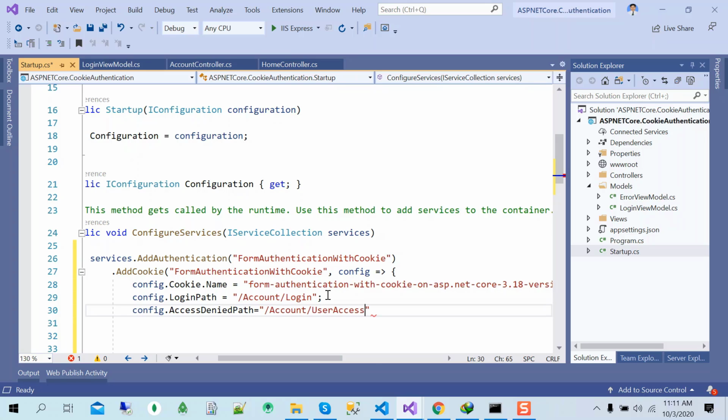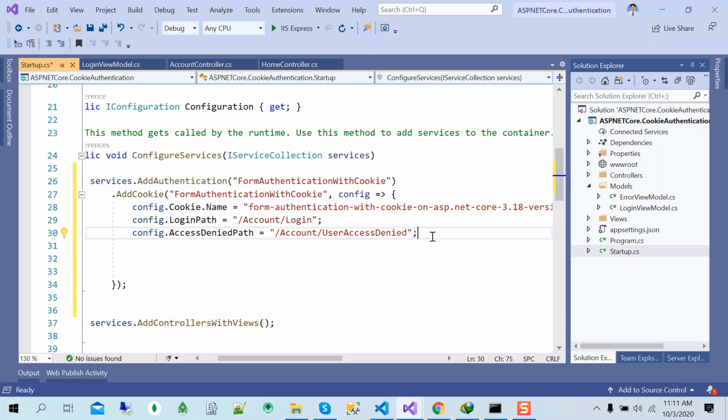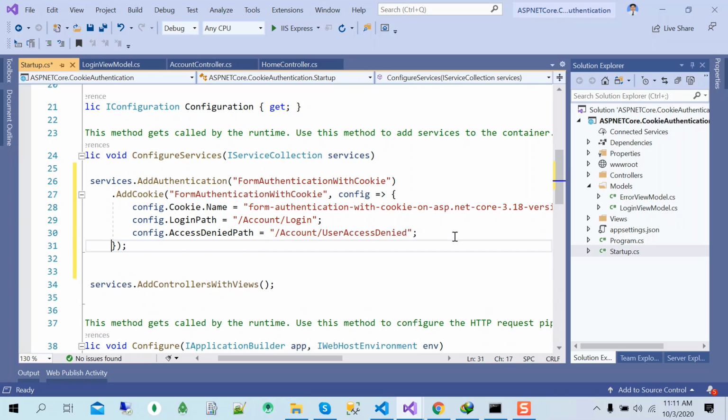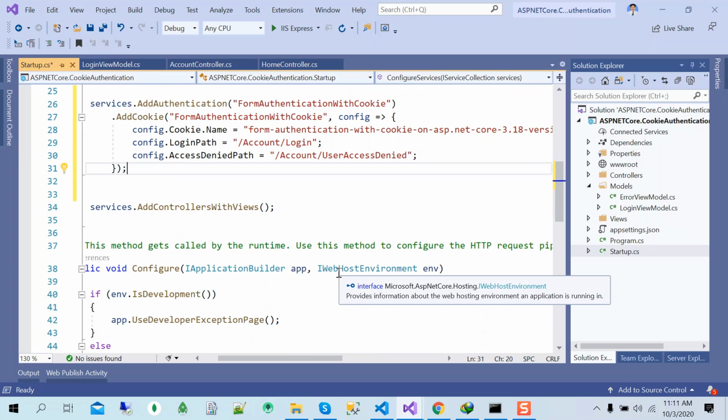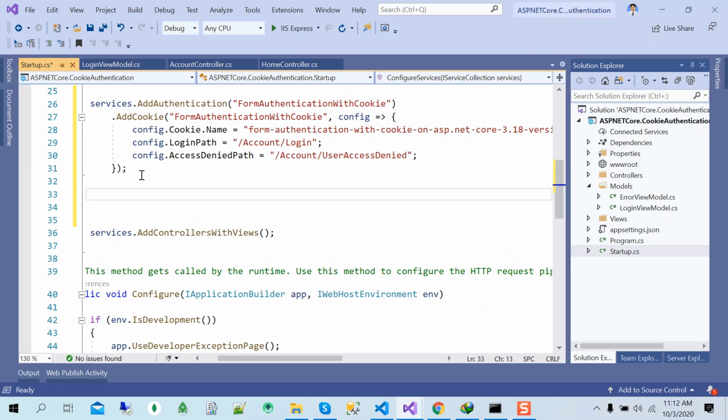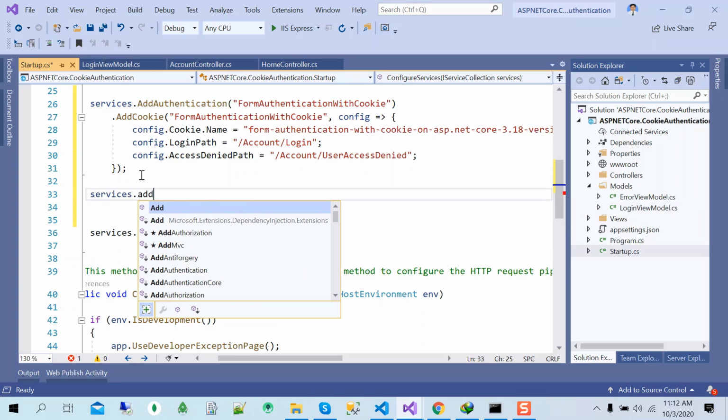So I just want to give this account/x user access denied, actually DENIED. Okay, this is the access denied path, actually that is located in account controller. After then we have to configure another option like